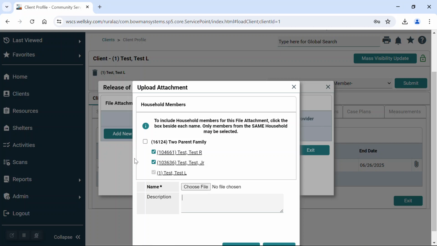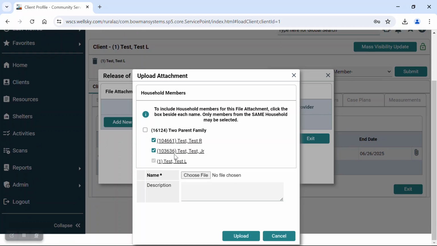Now, the attachment can be uploaded and attach just one profile, so upload for this client only, or all clients in the household. It may be easiest to just include all clients in the household, but you will have to upload the ROI for each client or each member in the household. Unfortunately, you're not able to upload more than one file at a time, so you have to repeat this process for every client. So to upload something, we'll click Choose File,